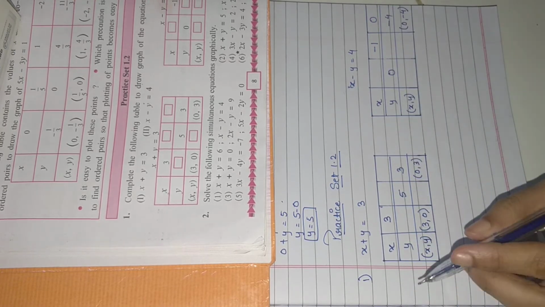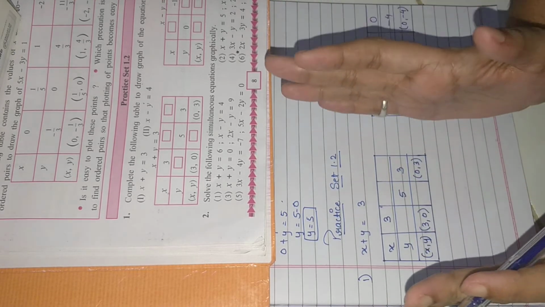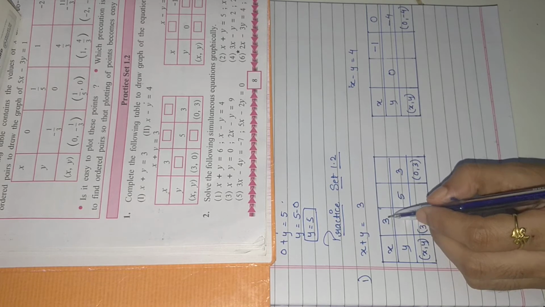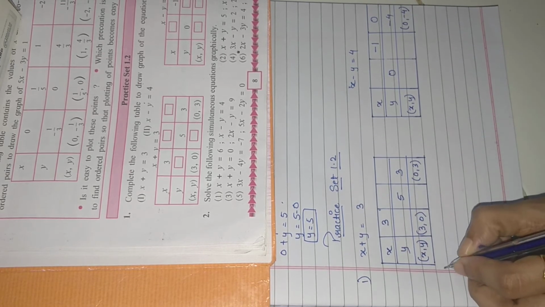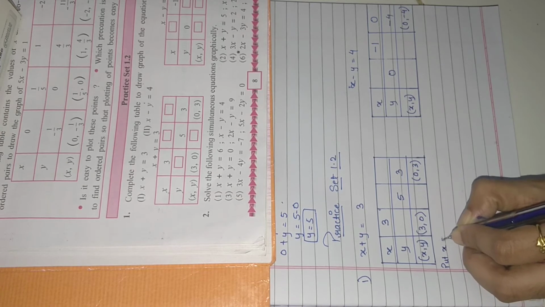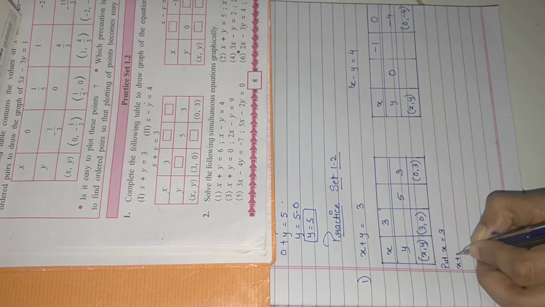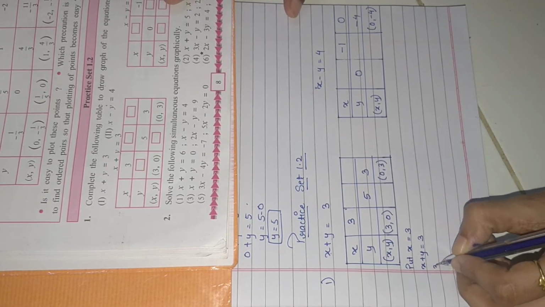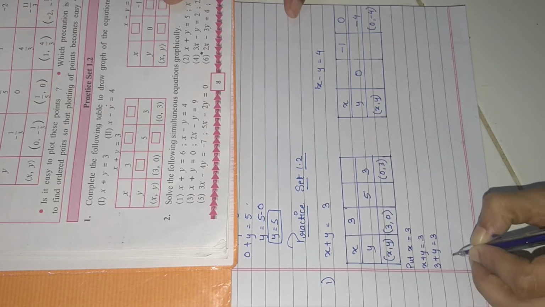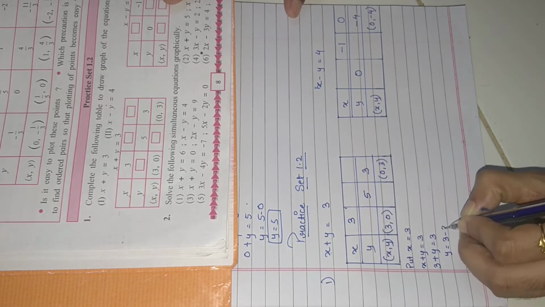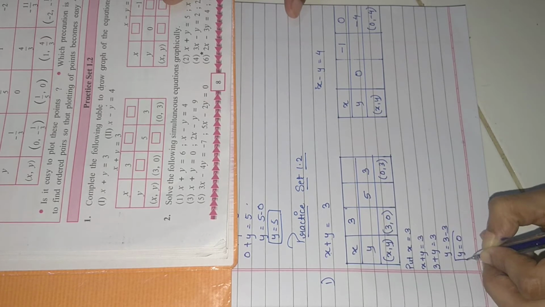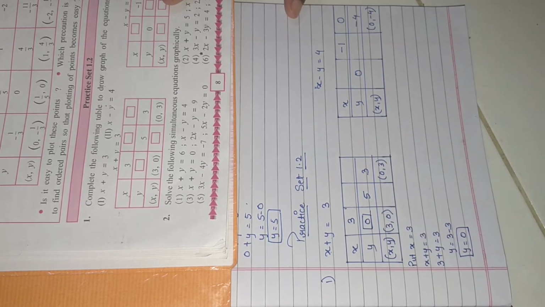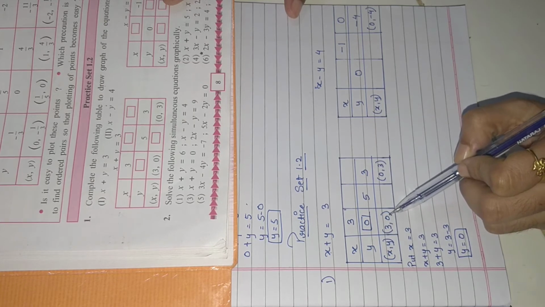The question. So what they have given here, let's focus on the first equation here. x plus y is 3 and the first number which they have assumed is for x and that is 3. So we'll solve it here. Put x is equal to 3. So your equation is x plus y is equal to 3. So 3 plus y equals 3. So y is equal to 3 minus 3, y is equal to 0. Okay, so hence the value of y will be 0. And see, they have got the coordinates here, 3 and 0.